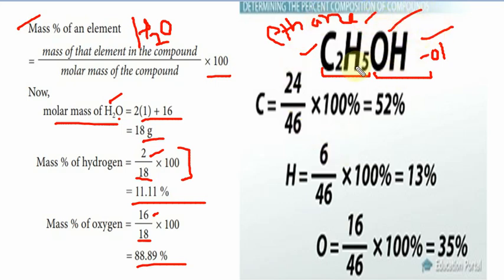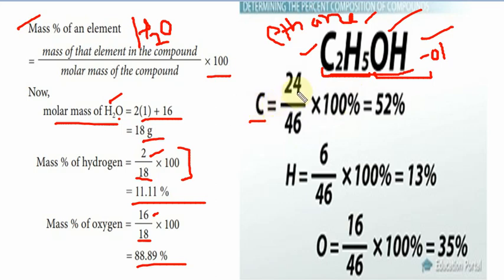So we will find here the percentage for these three elements. First for carbon, here you should not write that carbon has 12, because in this particular compound 2 carbons are there, so we are using 24 here, and the total molar mass of this compound is 46, as 12 for carbon, 5 for hydrogen, 6 for hydrogen and 16 for oxygen. Total comes to be 46.